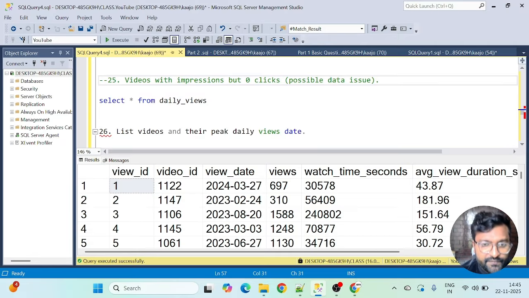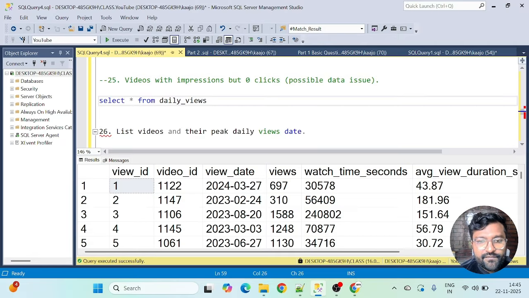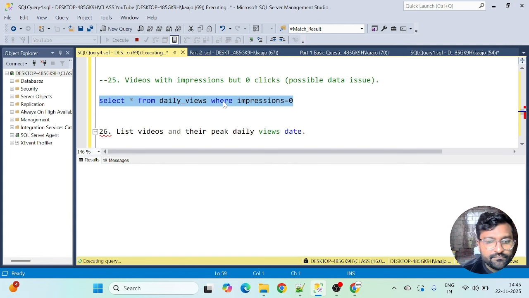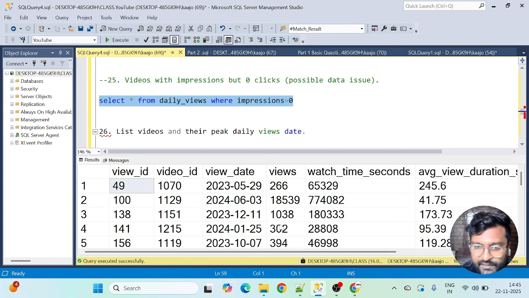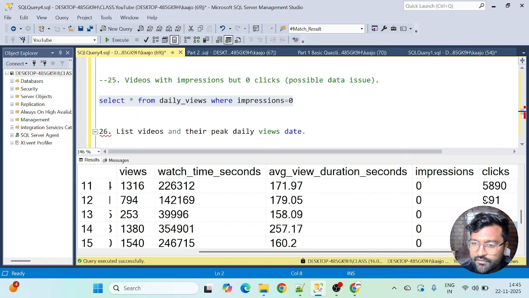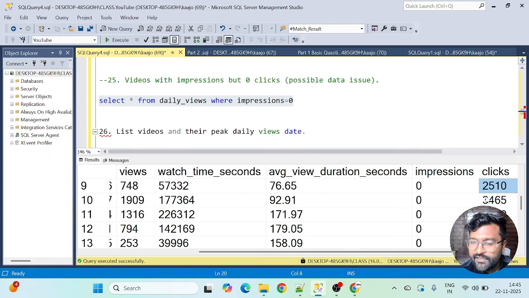Okay, we'll figure out. So they're asking us to find those weird videos where we have some data issue. So first let's do a random hit and trial. Do we have impression 0 records? Yes, we have got 20 records, and you see for these we have some clicks also. So this is a possible data issue, right?